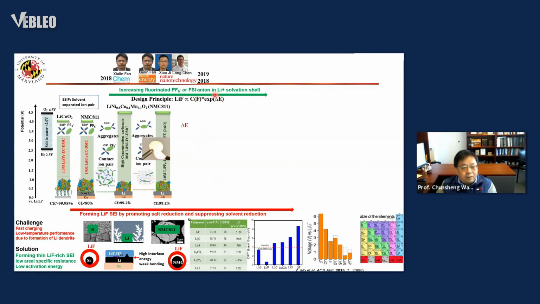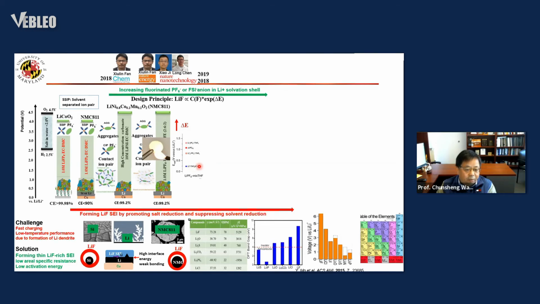The second strategy is to increase the reduction potential difference. For example, we use THF. THF has a very low reduction potential, but the ion, PF6, has a very high reduction potential. So they have a huge gap. This is 1 volt, this is 0.3 volt. We hope when we reduce the potential, the ion reduces first, and then forms lithium fluoride, and then